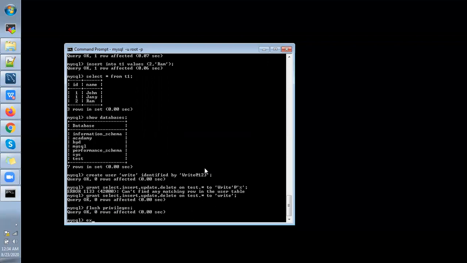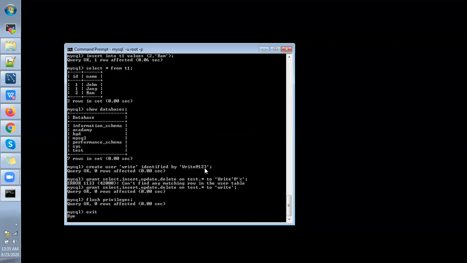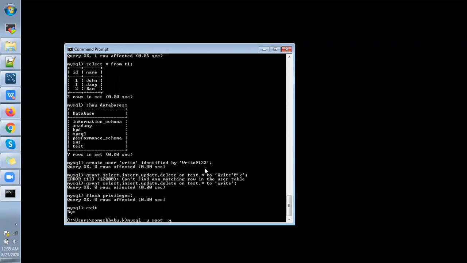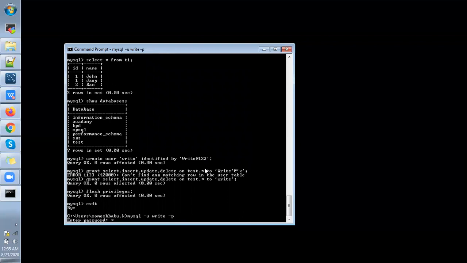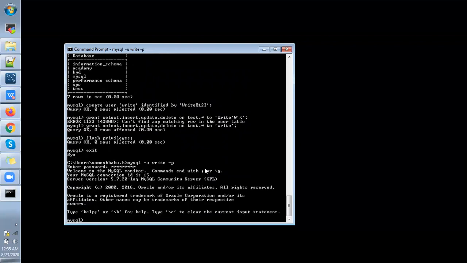So I'm just logging out from this root user. I'm just checking with that write access user. So I have successfully entered. So let's check what are the databases we have access to here.